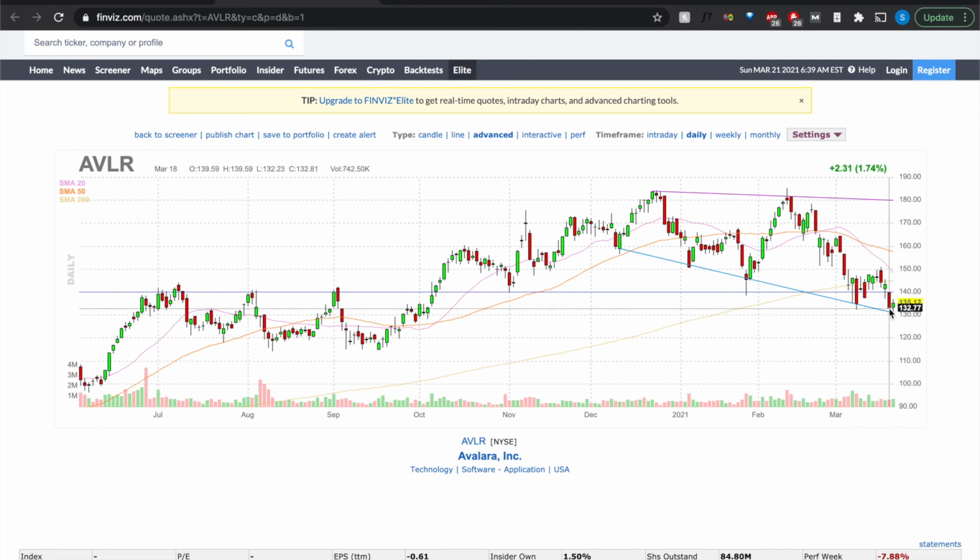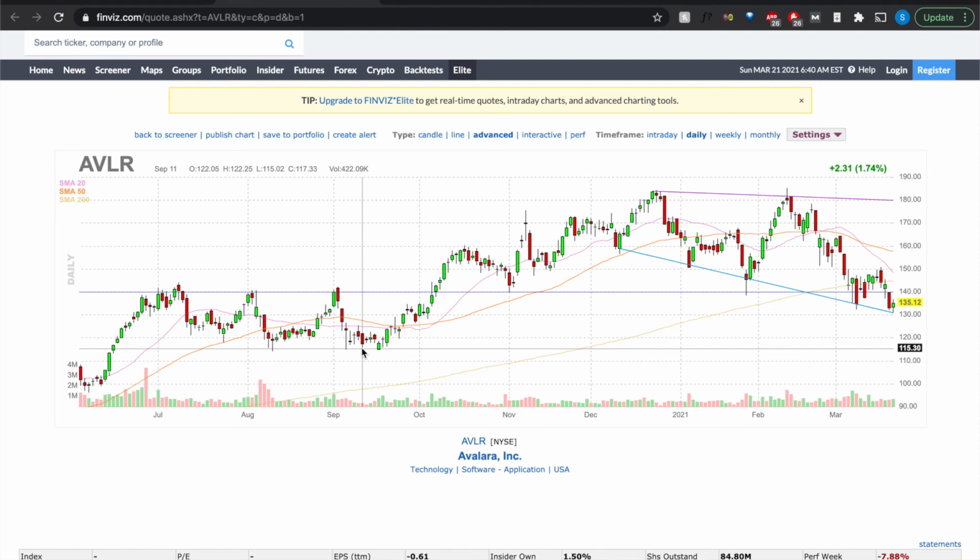for people who are not comfortable getting in here, you can look at the next big support, which is here. So you can see one, two, three. We do have a strong support at around the 115 level. So if you want to take an even more conservative approach, you can wait for this to come down to the 115 levels, and that definitely would make this a very good candidate, because as long as the company fundamentals are good,